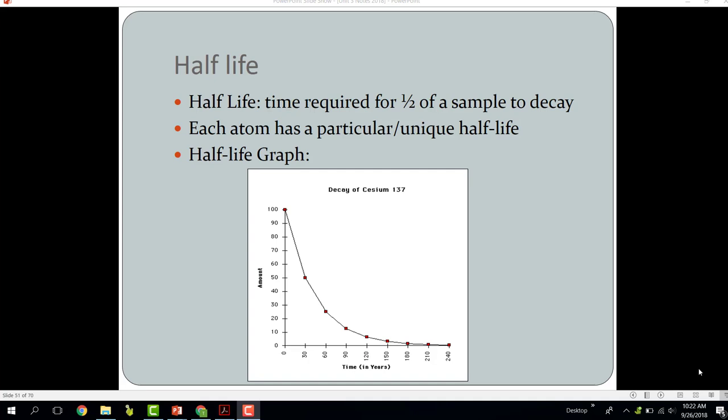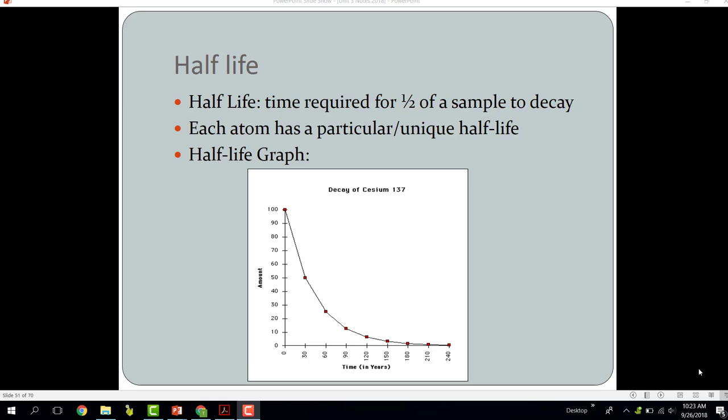Let's talk about half-life. Half-life is the time required for half of a radioactive sample to decay. It's a way to measure how fast it is emitting particles, or how slow in comparison. And each atom has a particular, unique half-life. Here's a half-life graph, and this is a very typical question, and the question would be, what is the half-life